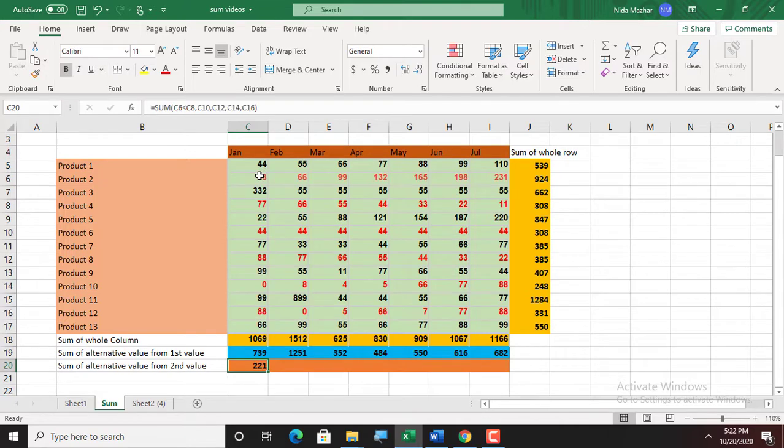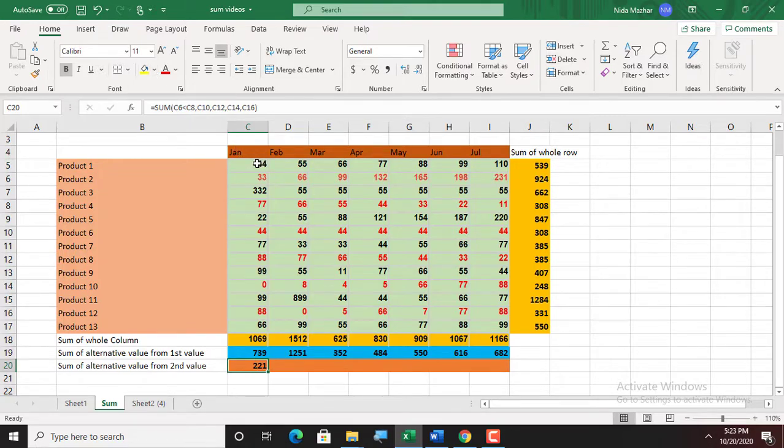Now to verify it, we just press the Control button and select these values by clicking one by one with the help of a mouse or laptop touchpad. Now here the sum is 330. I think we have skipped some value. The sum is 330. Here we have